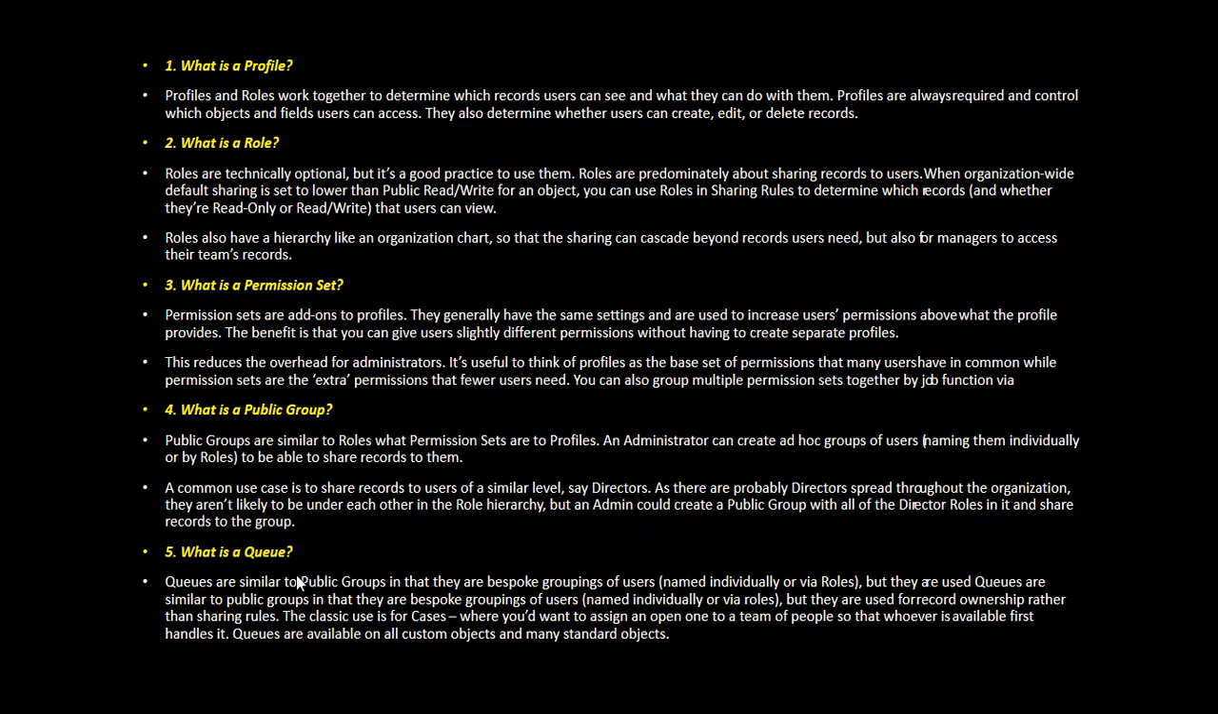Next question. What are queues? Queues are similar to public groups in that they are a bespoke grouping of users, selected individually or by roles,